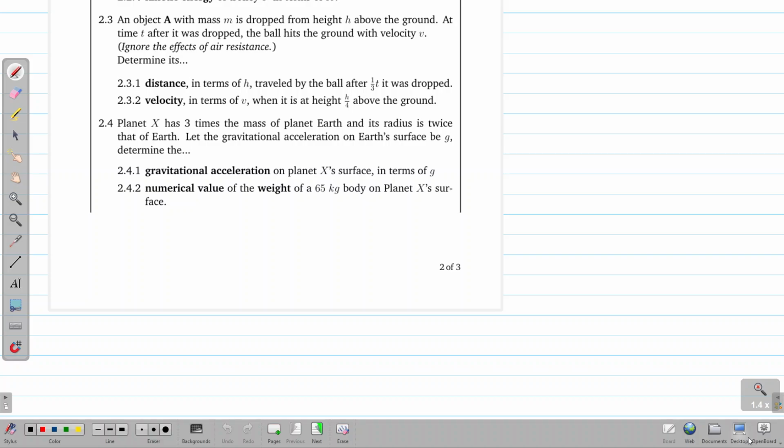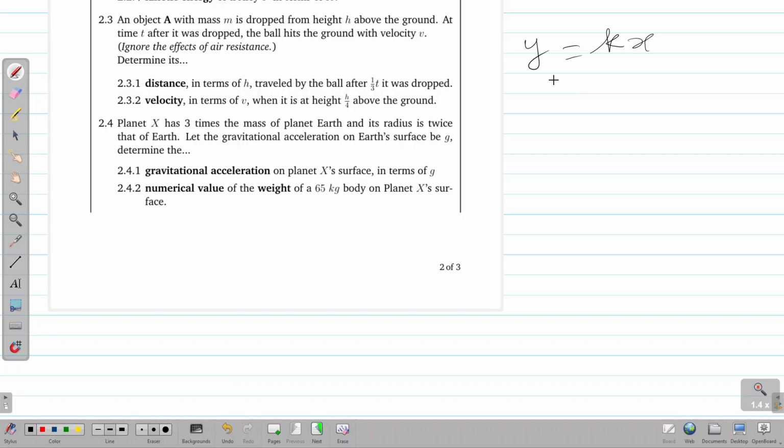So let's continue with this tutorial. Let me just recap what we've done so far. We are looking at how changing one variable affects the other by looking at the relationship between the two variables. So if you have the equation y is kx, for example, that means that y is directly proportional to